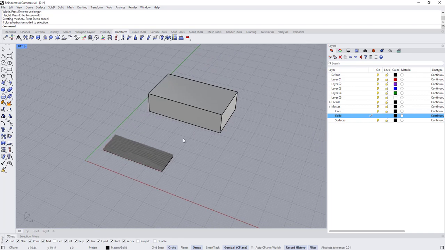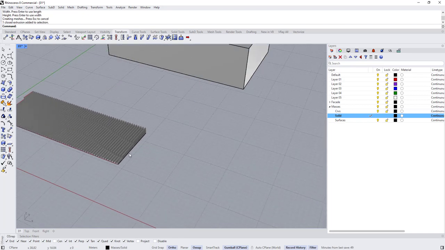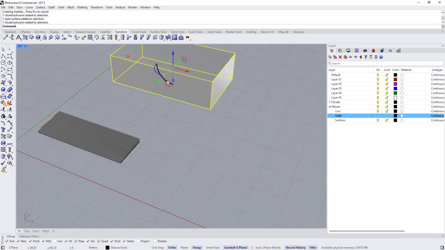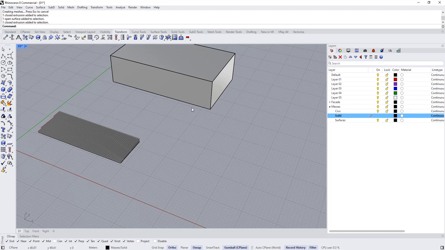So now, to be able to use flow along surface, we need a base surface. Here is this one, and a target surface, but here we have a poly surface, not a target surface. So we can use extract surface and should make a copy and select this one, right click, but the problem